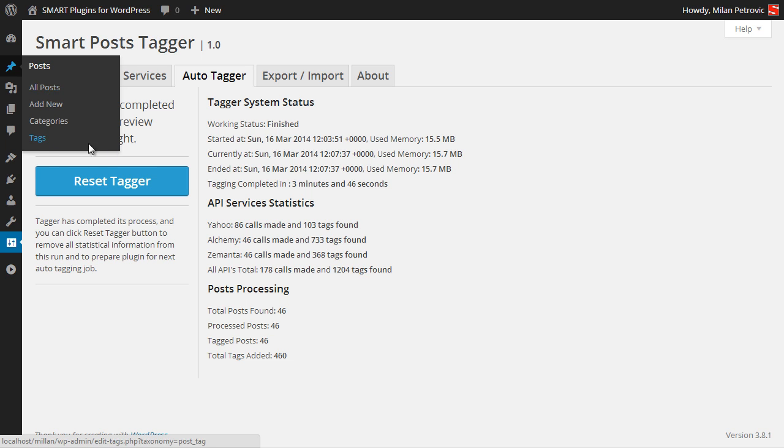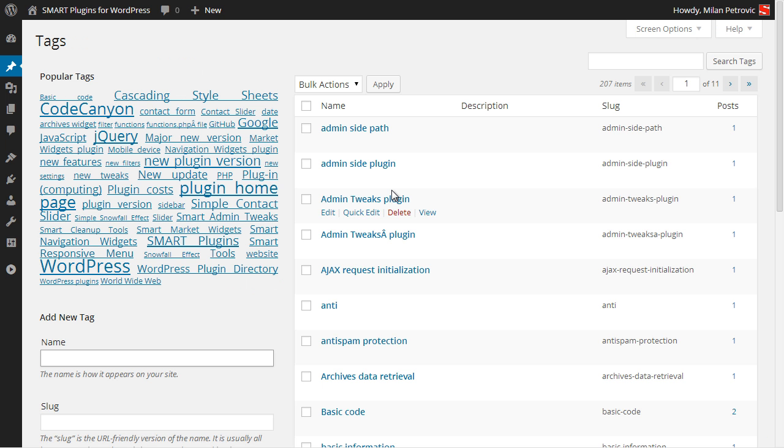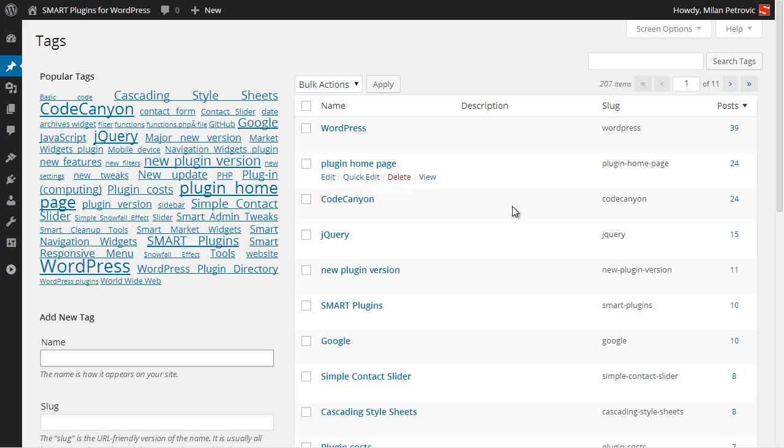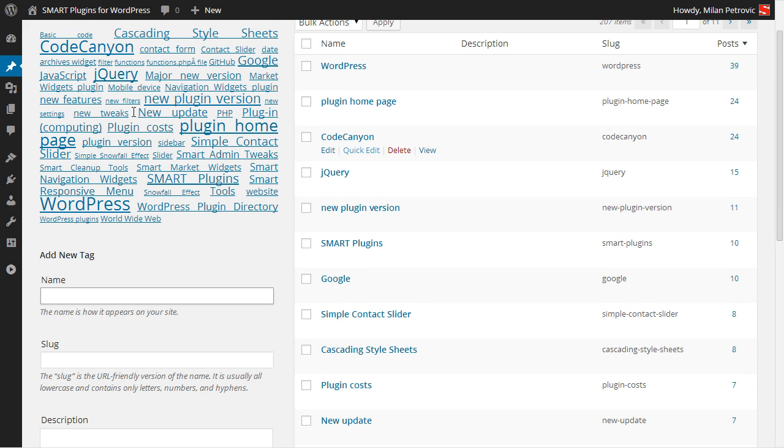Let's open tags panel first, and as you can see, there are a lot of tags added here. Some of them have appeared more than once, and you can see that also here.